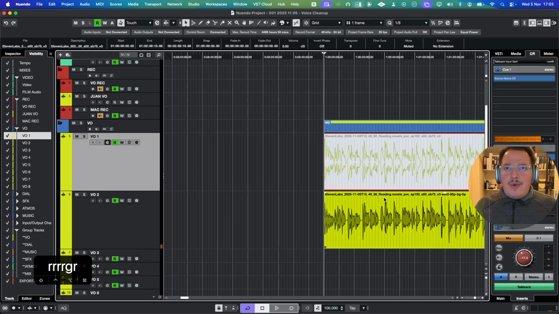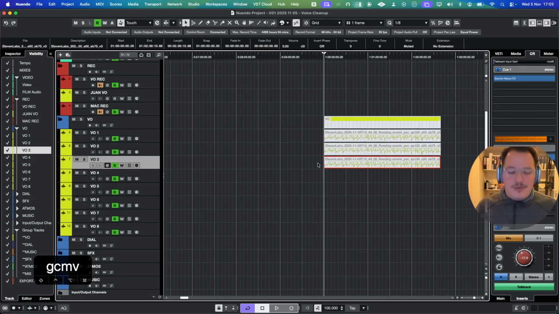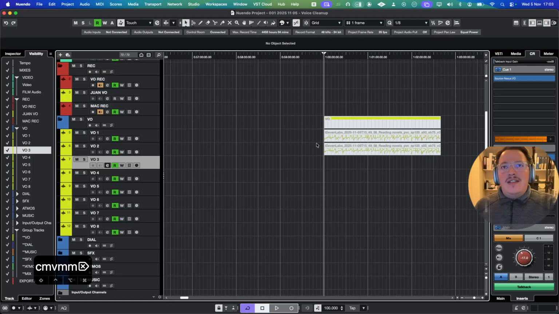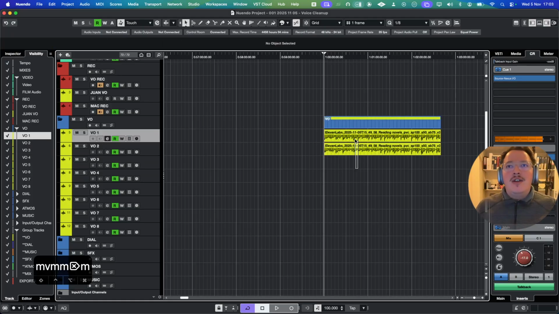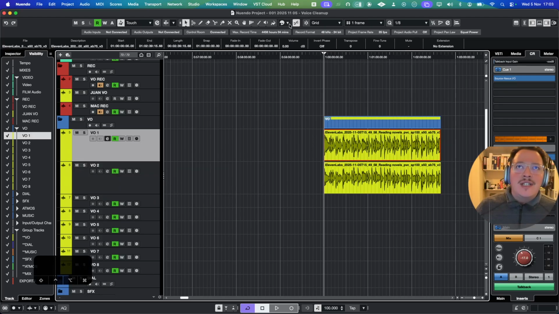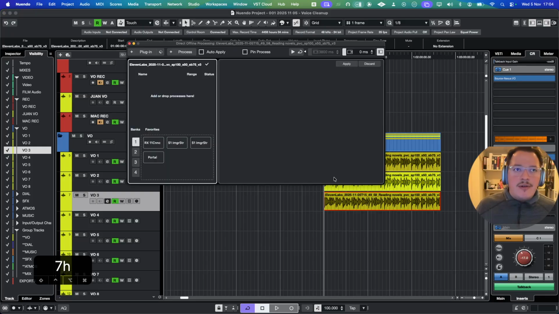Now, the way that it sounds now and what I was explaining just now about the voice being cloned, that is something that audio processors are using at the moment. So if we take this original audio, let's make the color different. The original audio is this gray, gray yellow version of the audio file. Now let's say that we take this version and we duplicate it and we send it to RX,